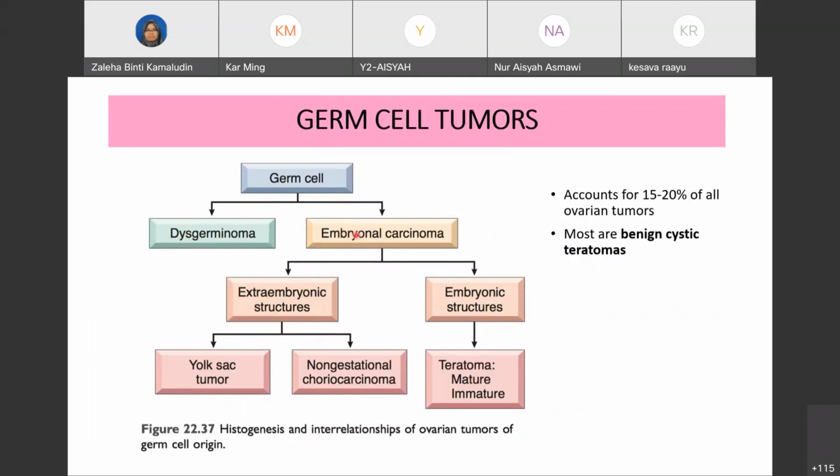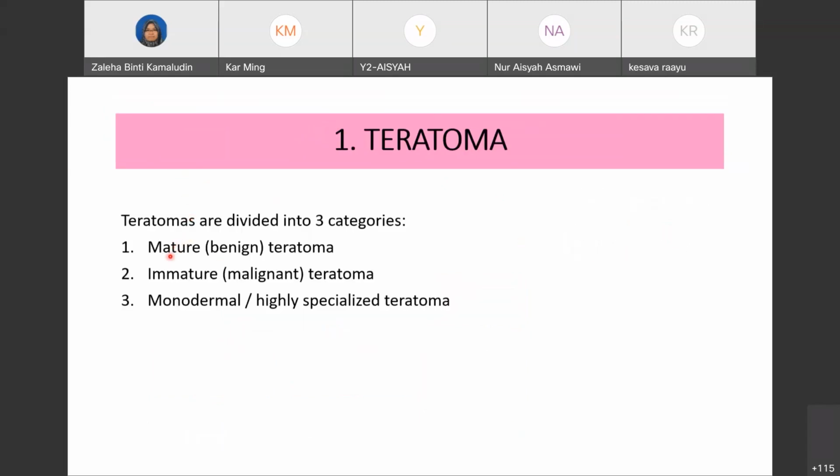This germ cell tumor can also be divided into embryonal carcinoma, which is further classified into extra-embryonic structure, known as the endodermal sinus tumor or yolk sac tumor, and non-gestational choriocarcinoma. Meanwhile, from the embryonic structure, it has the teratoma, which can be divided into mature teratoma and immature teratoma. Of the ovarian germ cell tumors, the most common one is the benign cystic teratoma. Again, let's have a little look at teratoma. I will quickly review this one. Teratoma can be divided into mature, immature, and